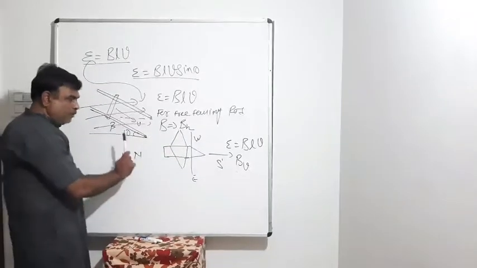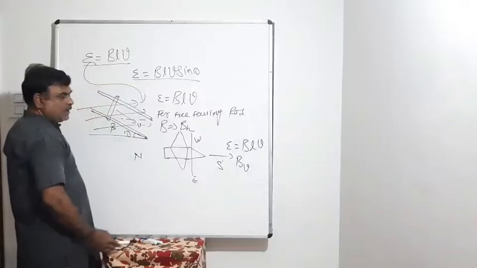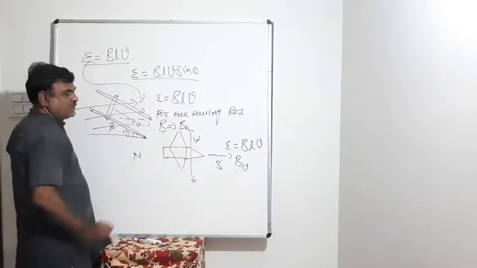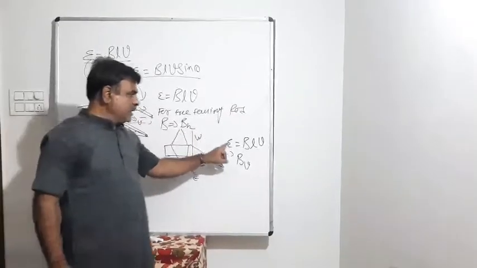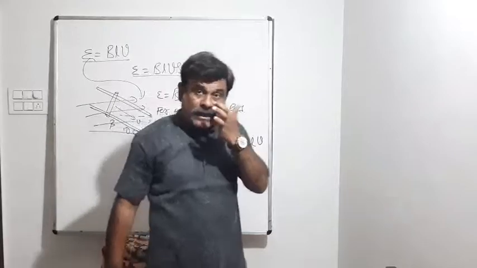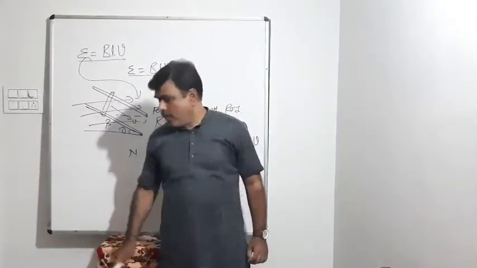In the same way, for the motion of a plane, if it is moving north-south, then the wings can be taken as a rod aligned in the east-west direction. Then in the equation E equals BLV, B you will take as BV, the vertical component of Earth's magnetic field. Yeah, one more thing,